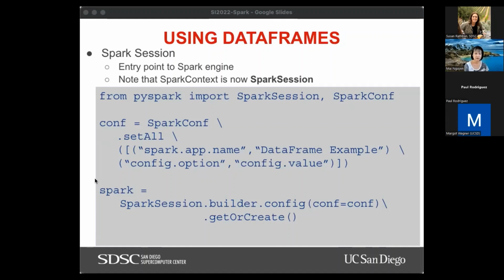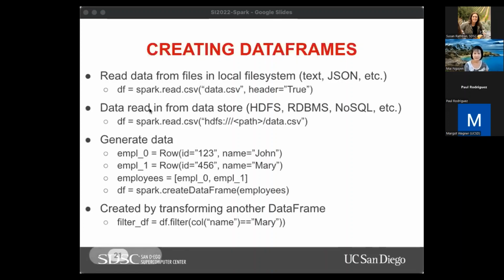And by convention, this variable name is called Spark. I mean, you can really call it anything, right? It's just a variable name, but by convention, this variable name is Spark. Okay, so similar to RDDs, there are several ways that you can create a data frame. You can read data from files on your local system. This is reading a CSV file. You can also do read.txt, which is a regular text file. You can read data from an external data store, like HDFS, like a NoSQL data store. So you just preface that with HDFS here.